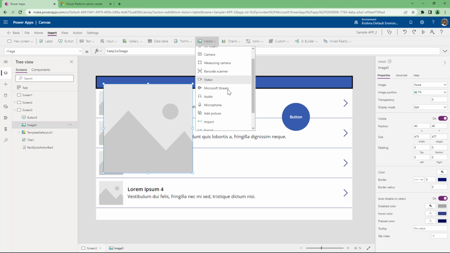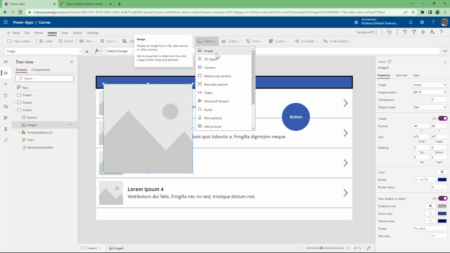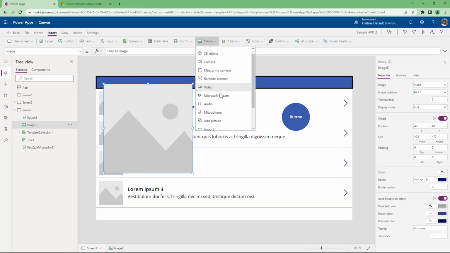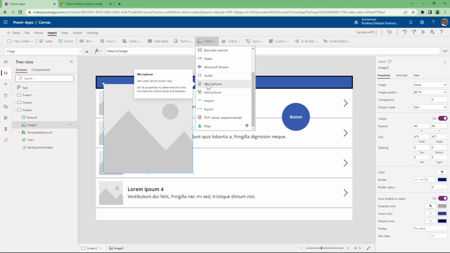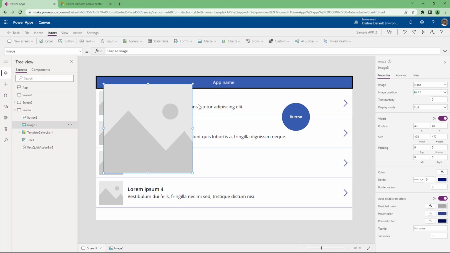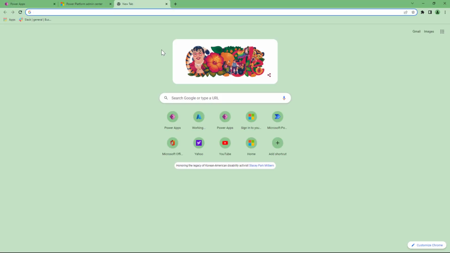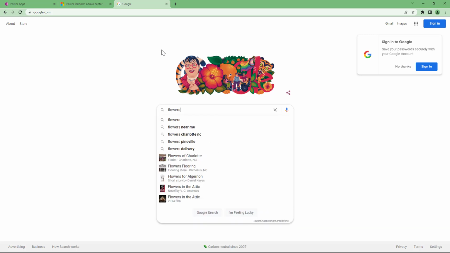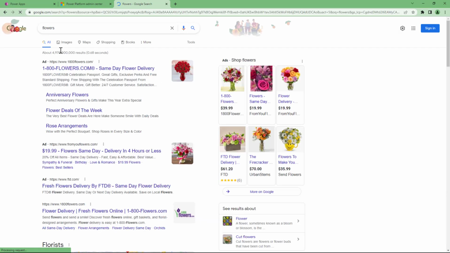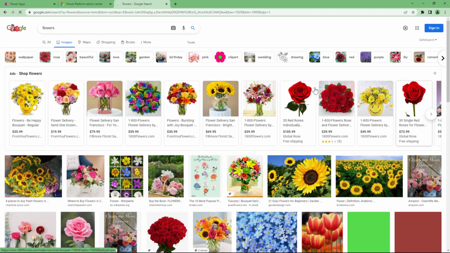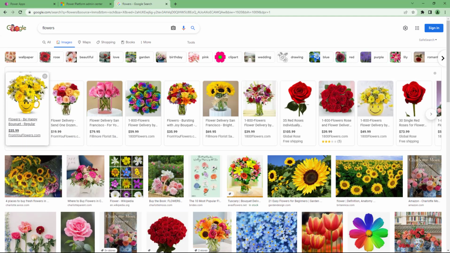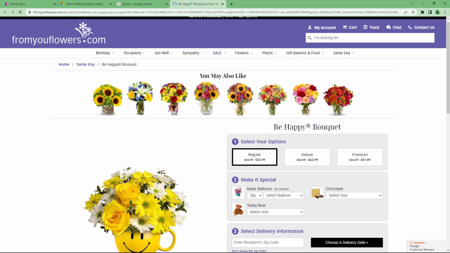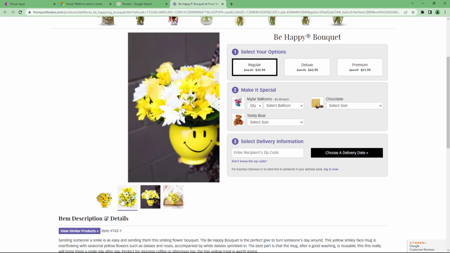There are various other media controls. I can render photos, images, 3D objects, videos. I can render audio stream also as part of these media controls. Example, I can just get